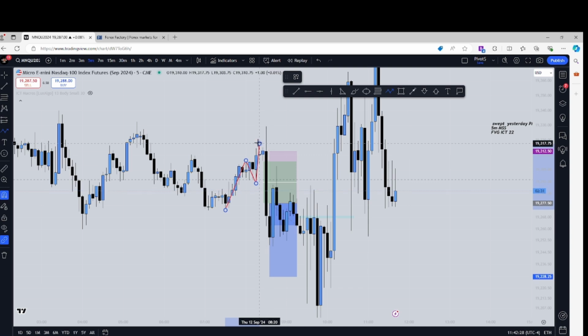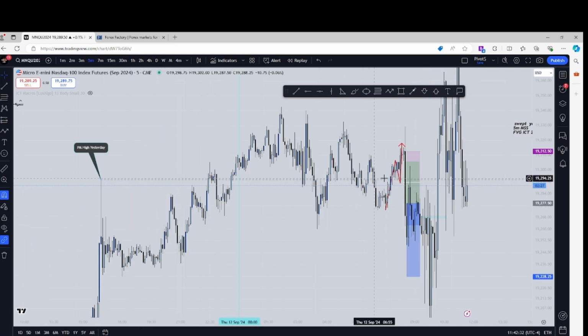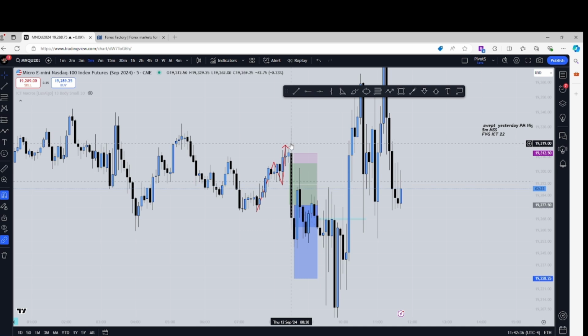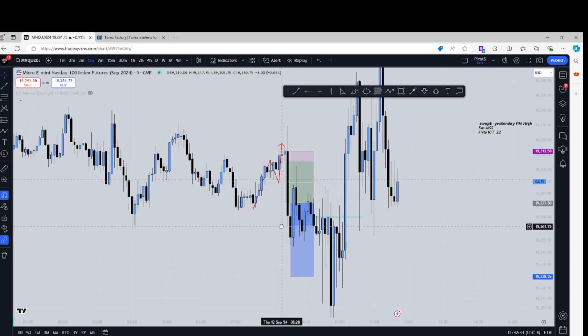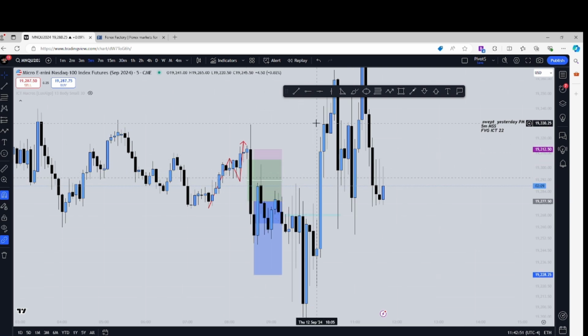So actually, you could just do this, okay? And this whole line right here, again, this dotted line is the PM. So it was above the PM high, and we came down very strongly, and we created a fair value gap, an imbalance. Okay, and it even gave us the key levels of the fib.